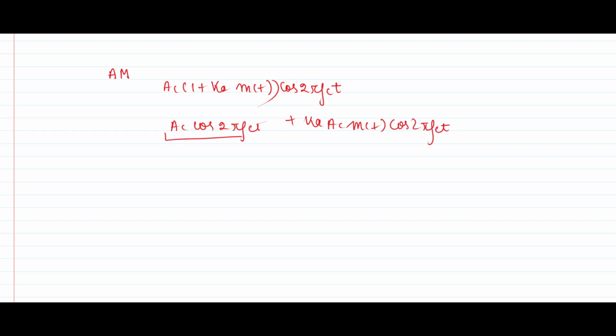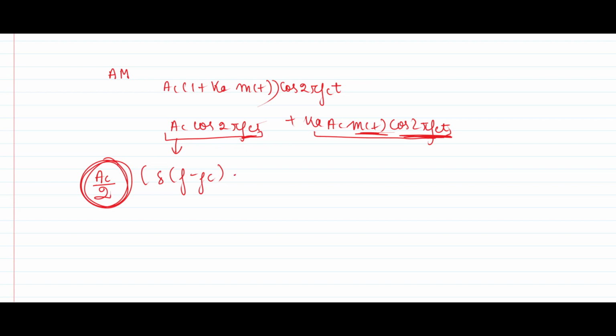So here we have the carrier signal, and the signal m(t) is getting multiplied with the cos signal, so we can write its Fourier transform very easily. We know that the Fourier transform for cos is written as impulse signals, so we have to take half the magnitude. Remember this, step 1, half the magnitude. Then we move towards the impulse signals at delta of f minus fc plus delta of f plus fc.